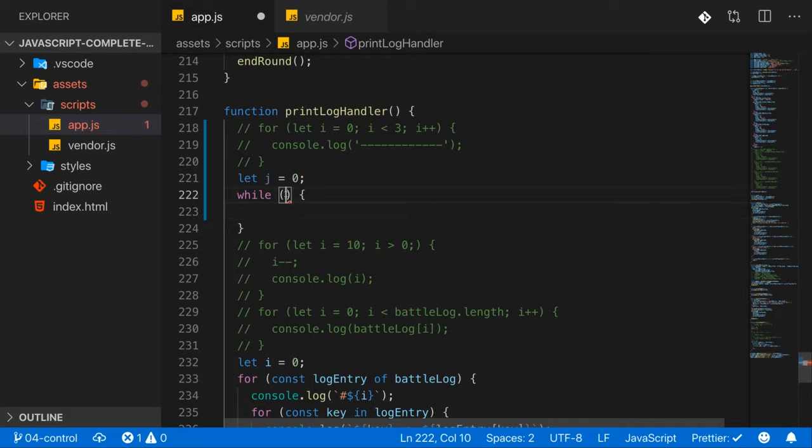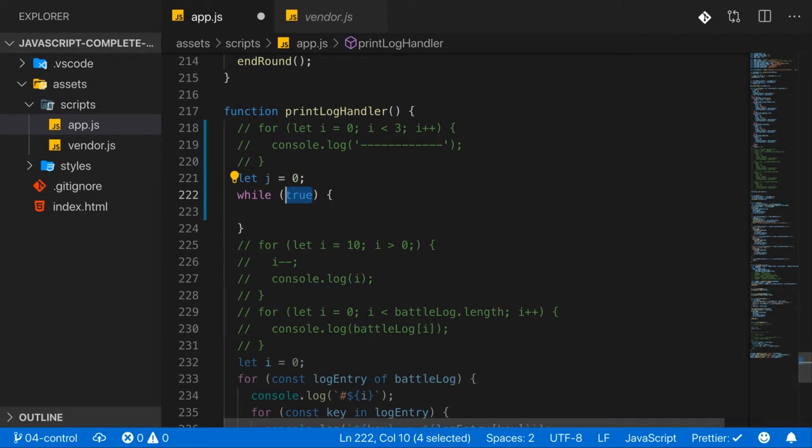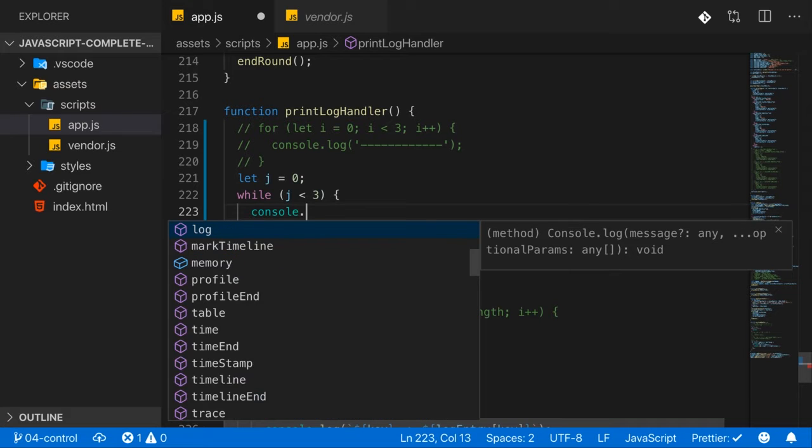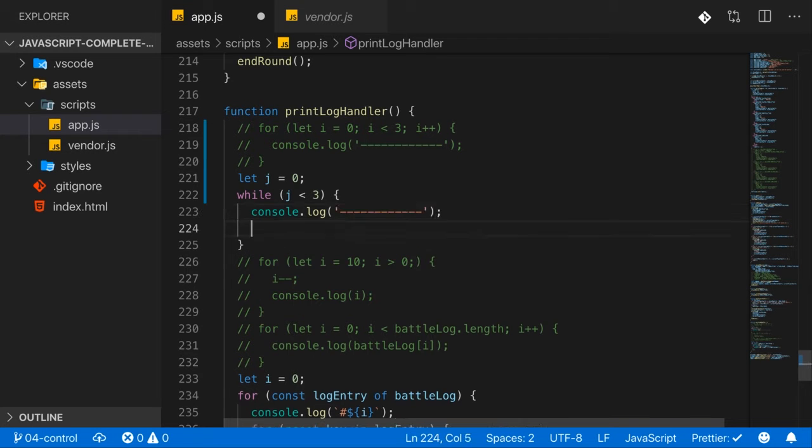Now, if you put something like true here, this is obviously always true, and therefore this would give you an infinite loop, which you want to avoid because it will crash your application. Instead, here we could check if j is smaller than 3, and then here we can console log our code from up there, so these dashes here, and then simply increment j, and now we manually replicated this